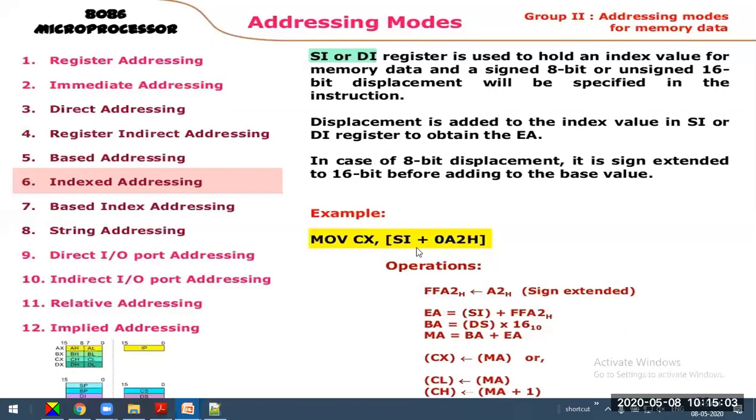So this is what is called the indexed addressing mode. Source index is used mostly with the CX register. The destination index register is used with the data segment register. For DI, it is used along with the data segment register. We'll see examples when we take up the instruction set and discuss examples of instructions. There we'll understand the actual usage of these registers. So this is about the index register.